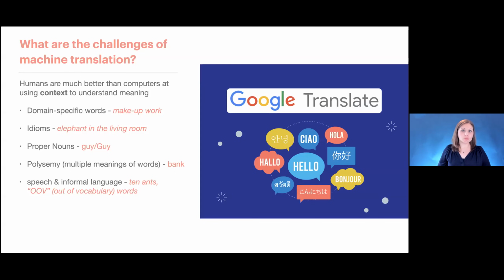And so depending on what data has been fed into this search engine, it totally depends on what's going to come out. And because language changes so often, if you have a newer word or a slang term that you're putting into Google Translate, there just may not be any data. It's out of vocabulary, meaning the computer doesn't even have that vocabulary to figure out what it is that you're trying to say.